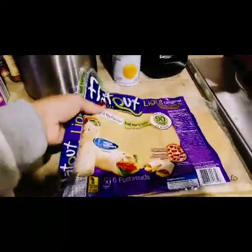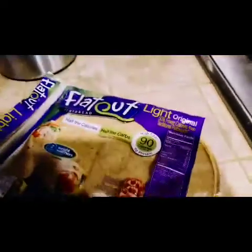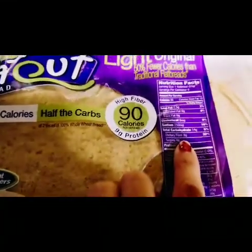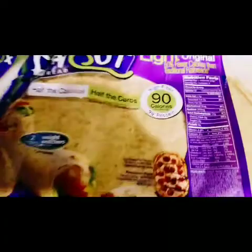Okay, so we discovered this flatbread. It's better than the brand I used to buy from Aldi for the same price. This whole flatbread is only 6 grams of carbs. So you can tell it's 14, take away 8 is only 6 grams of carbs for one flatbread, which is